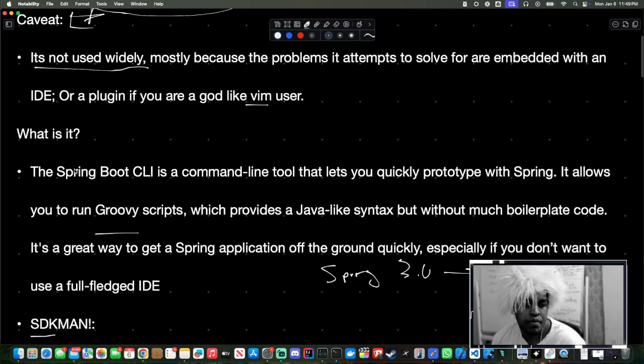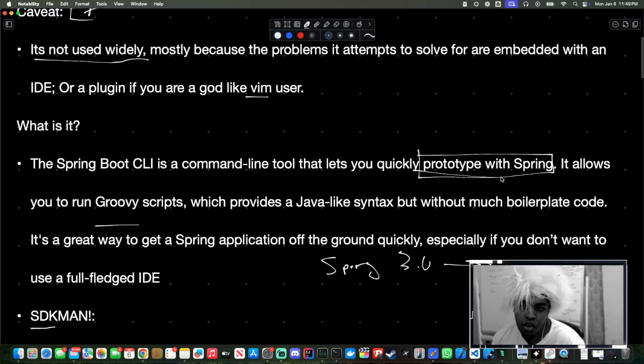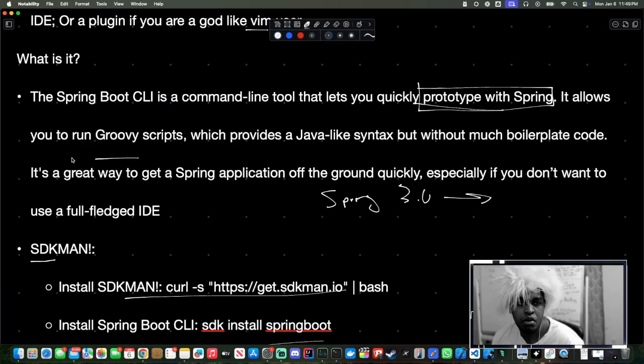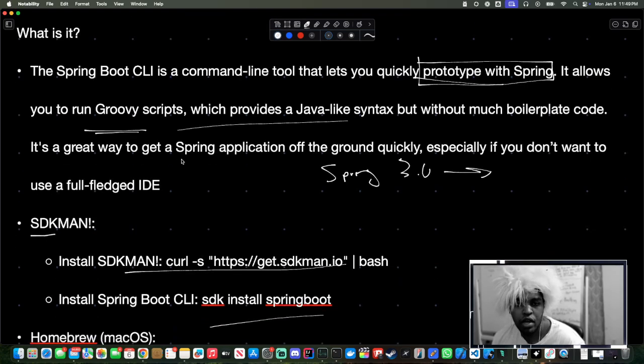So what is it? The Spring Boot CLI is a command line tool that lets you quickly prototype with Spring. This is kind of the most important part of this video. This is essentially what it's for. It allows you to run Groovy scripts, which provides a Java-like syntax, but without much boilerplate code. It's a great way to get a Spring application off the ground quickly, especially if you don't want to use